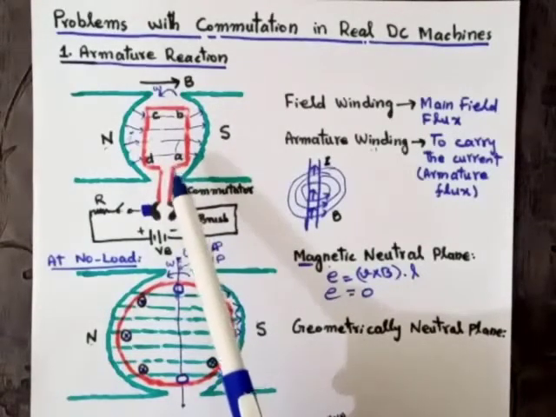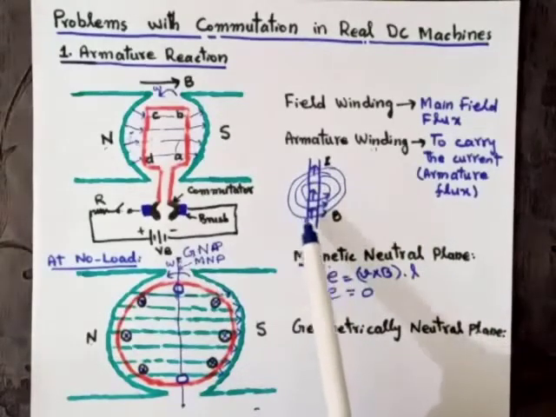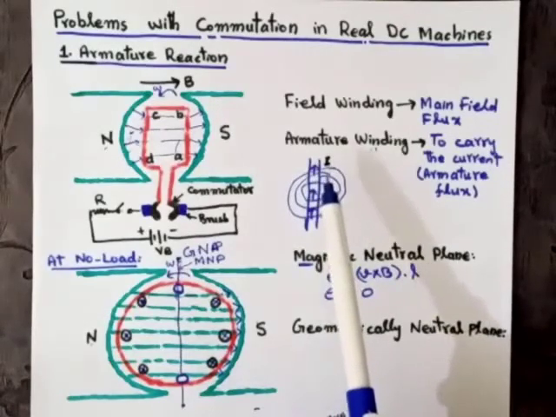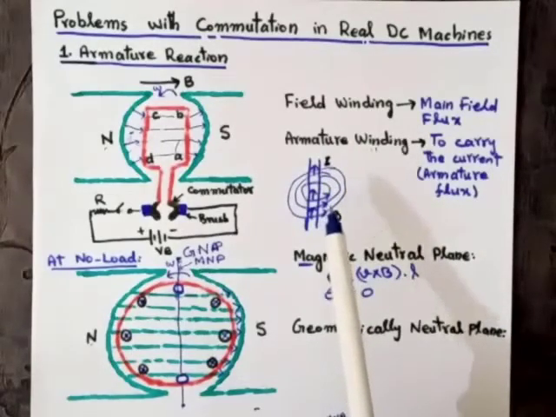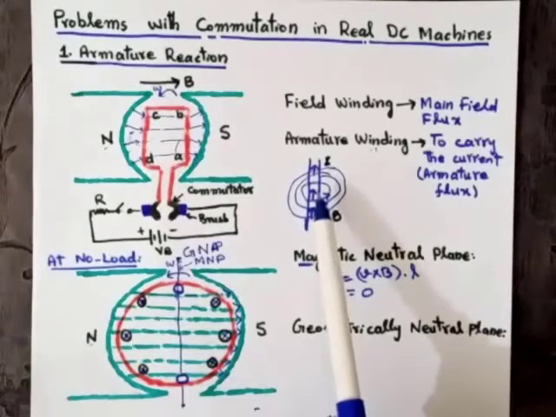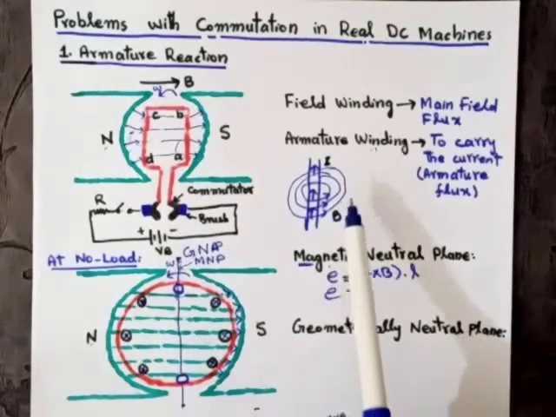As we know, according to Ampere's law, when current flows in any conductor, a magnetic field is produced around the conductor. As you can see in this figure, let the direction of the current be upward. According to the right hand rule, the direction of the magnetic field will be anti-clockwise. In the right hand rule, the thumb is placed in the direction of the current and the fingers show the direction of the magnetic field.